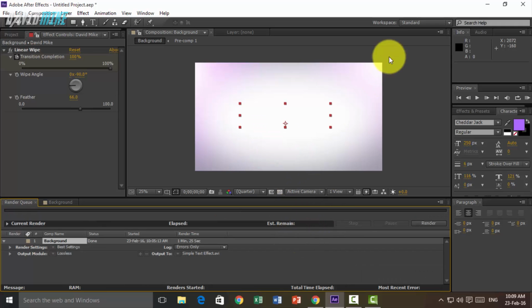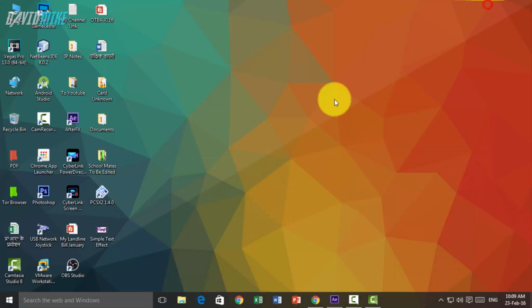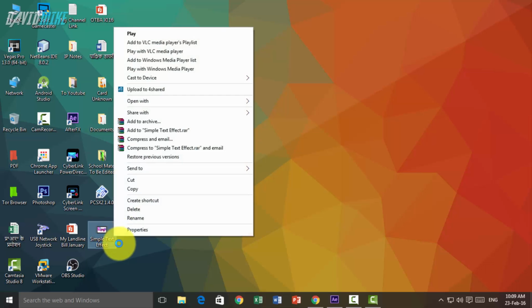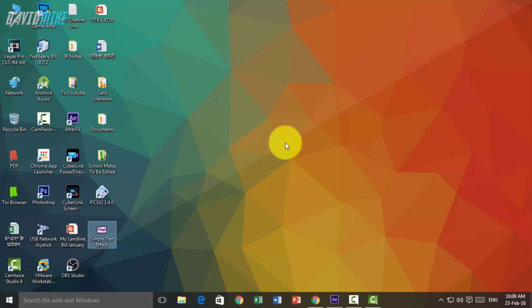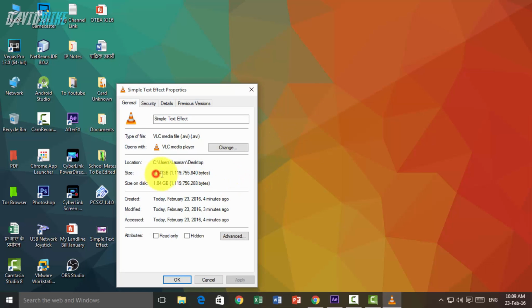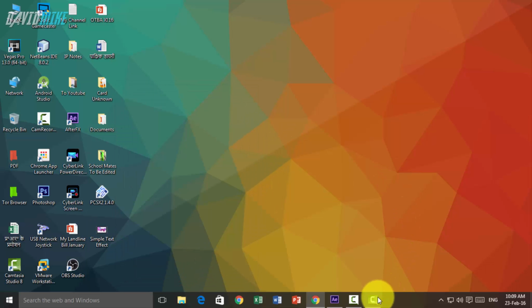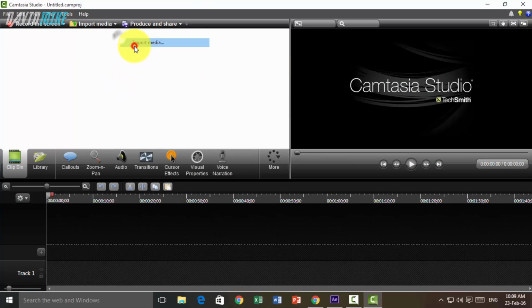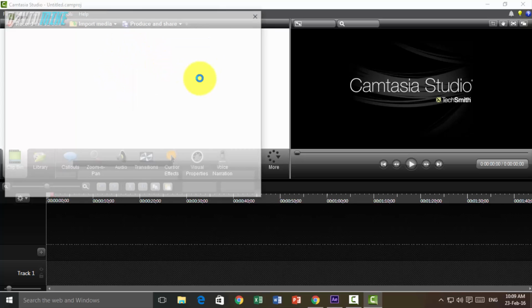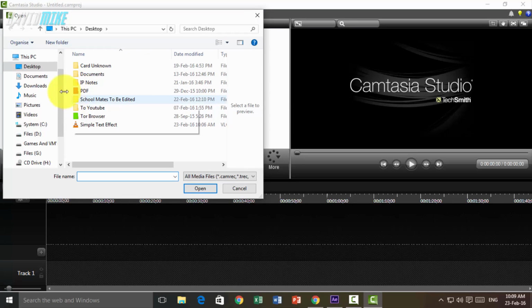Now the video is rendered. Now the next thing we're going to do is go to our desktop, and here we have the file simple text effect. But the problem with this file is that it is of really heavy size. You can see here it is 1.4 GB. So for solving that problem, open up any studio. For example, I'm using Camtasia Studio here, and import that file using Camtasia Studio,